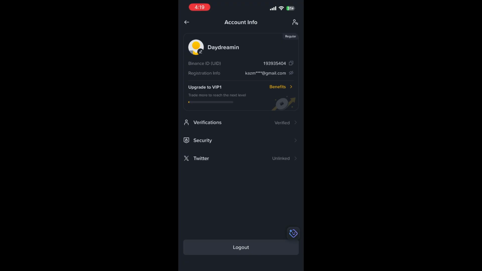After logging out, the next time you open Binance, you will need to enter your email, phone number, password, and any required verification code again. And that's how you log out of the